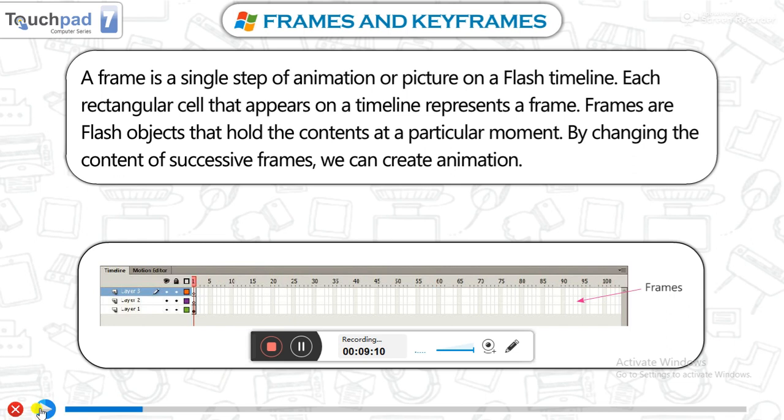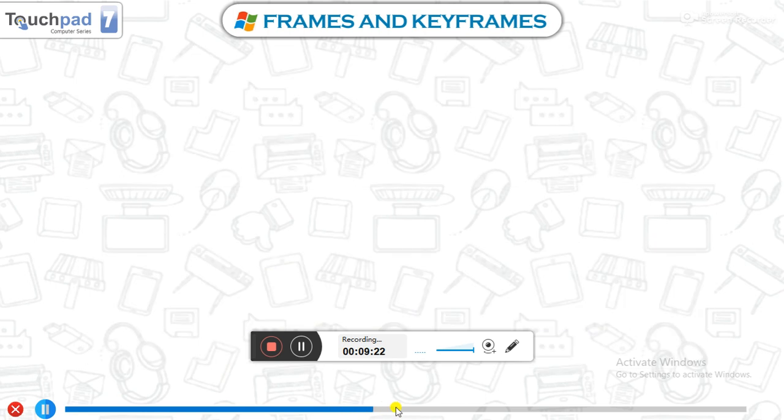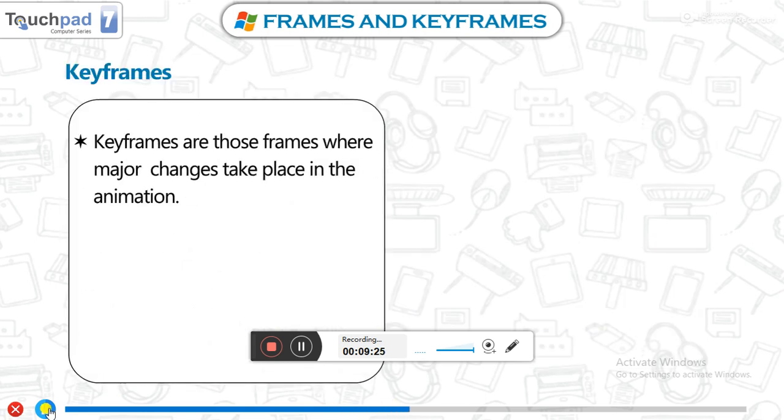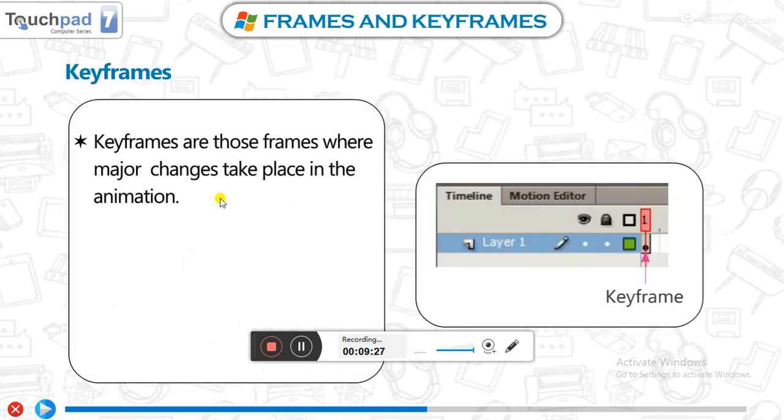Now the keyframe is also very simple. Keyframes are those frames where major changes take place in the animation. You can see here a black circle inside the frame number.